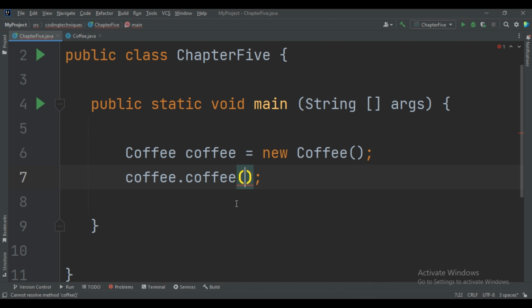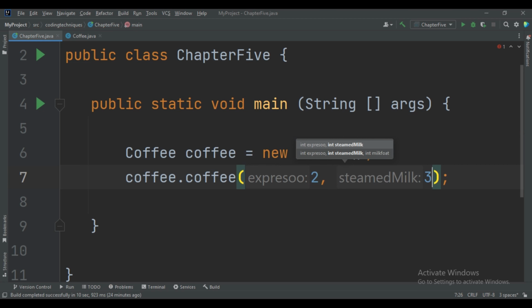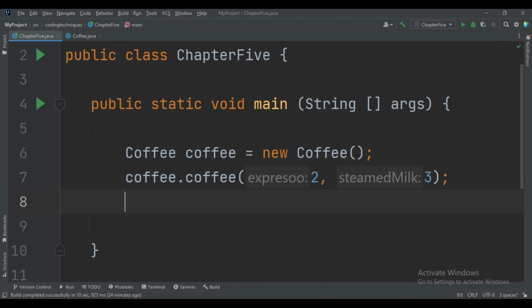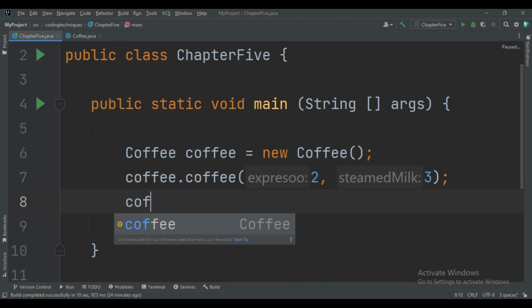Now for this one we have only two arguments, espresso and steam milk. We pass the amount, let's say espresso to 2 and this steam milk to 3, and let's also call this